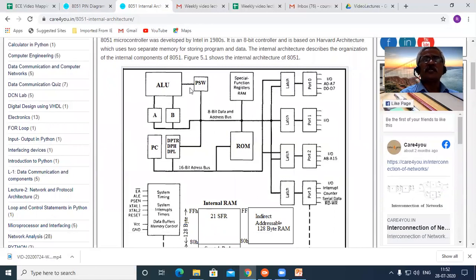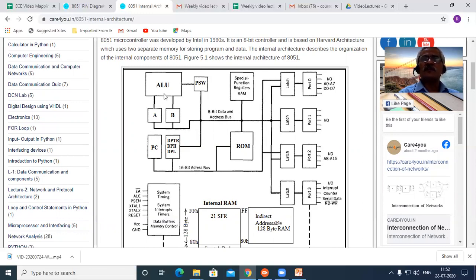The major components that can be seen inside this architecture: you find that there is an ALU, arithmetic and logic unit, which gets its input from register A and register B, which can be loaded with the necessary data. Upon performing an operation, the result is transferred onto the internal data bus, to be carried to different destinations.